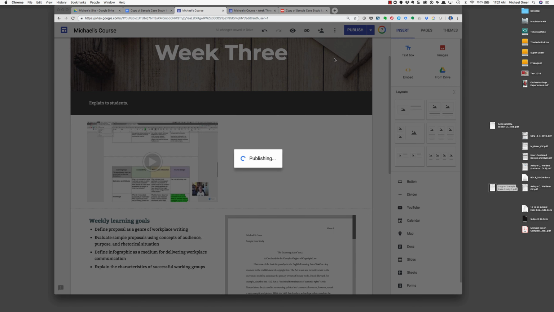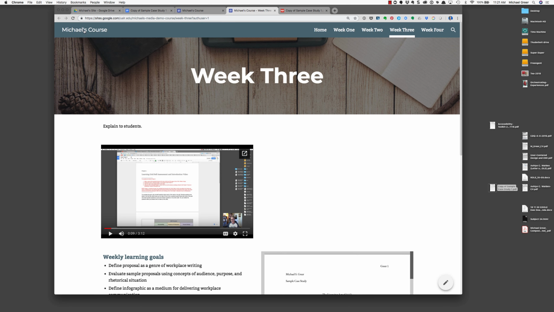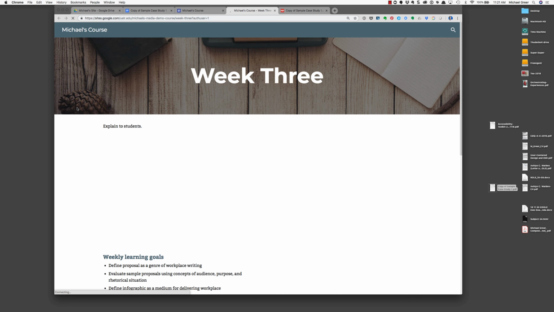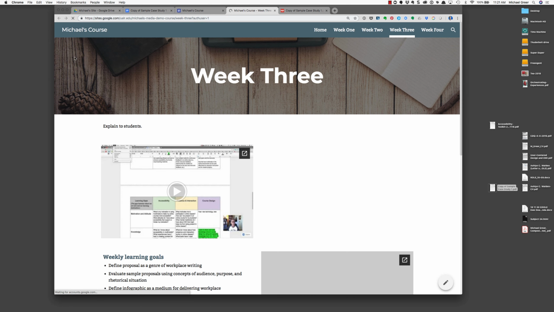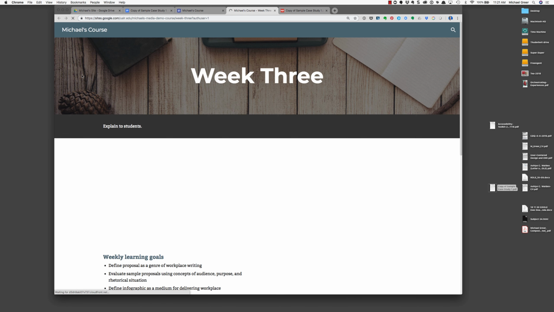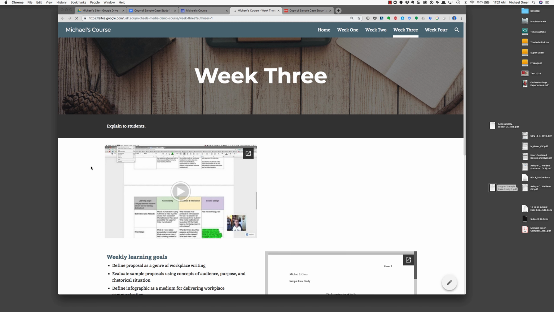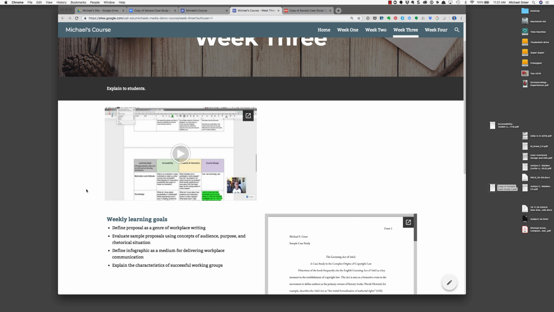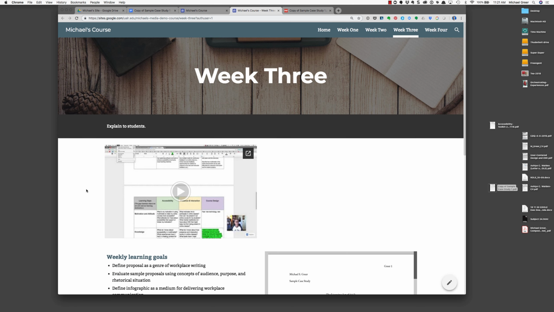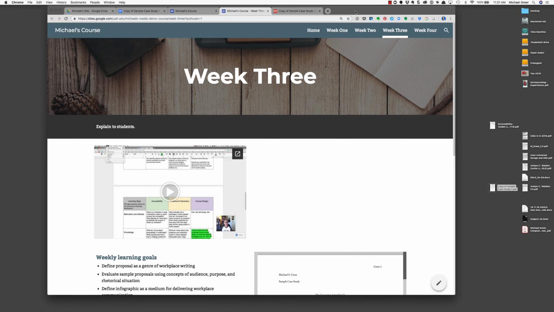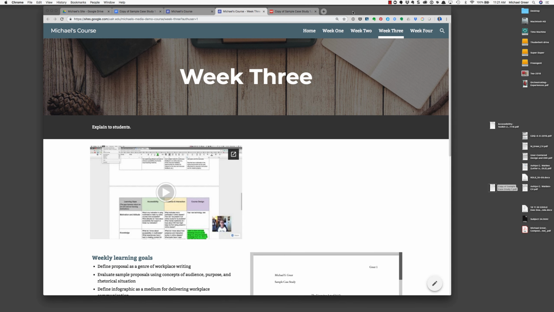And hit publish. Go back over to the live site, refresh the page. Didn't quite get loaded. There we go. Now you can see it's loaded. So you can see I changed the background from light to dark, and actually that's kind of elegant with that background photo. So that's a quick demo of how to get different kinds of files up into your Google Drive folder